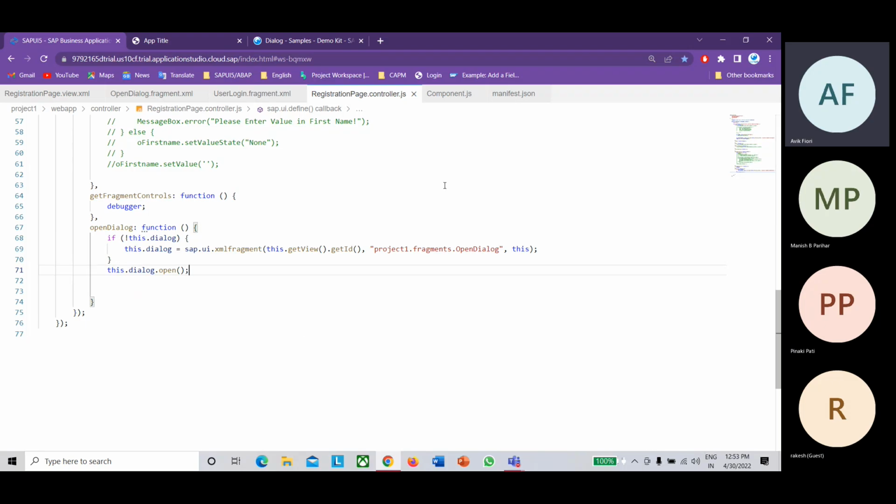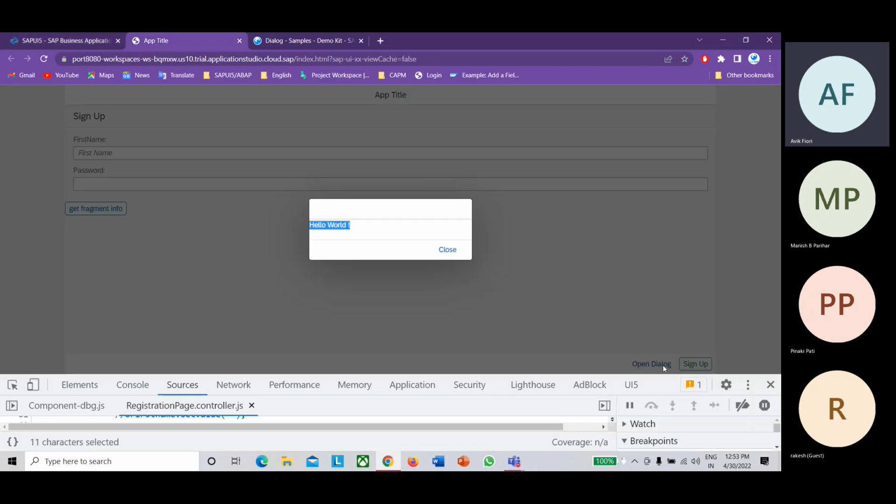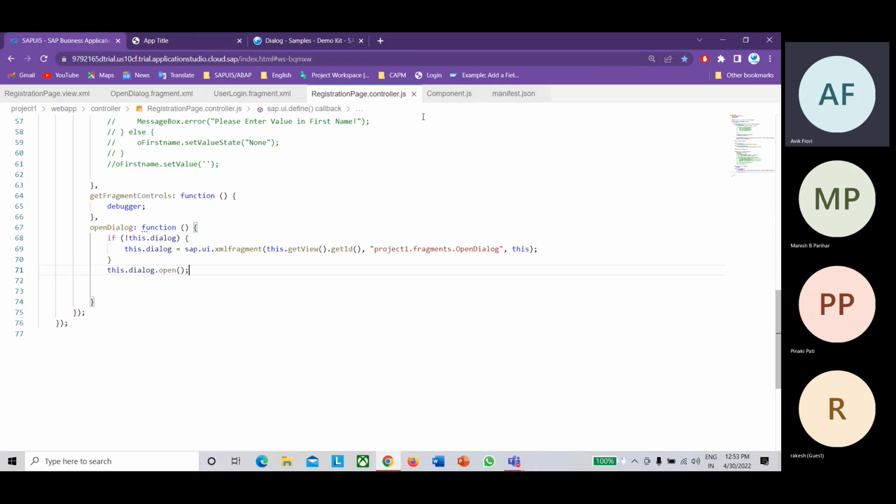The next time, if I click on open dialog again, it won't load this fragment because that fragment is already loaded and already available inside the view. So we don't have to load it again. Instead, this line number 71 will be executed rather than executing this.